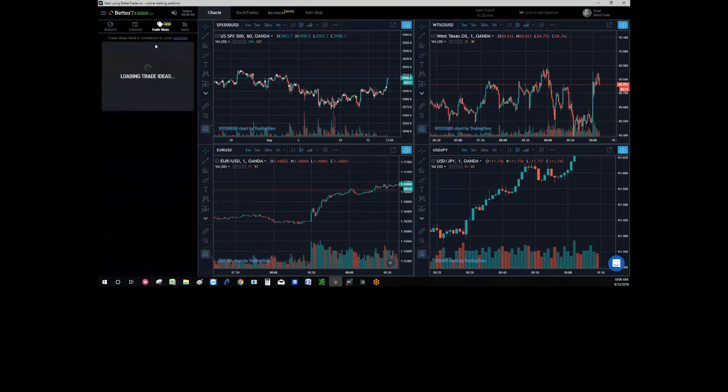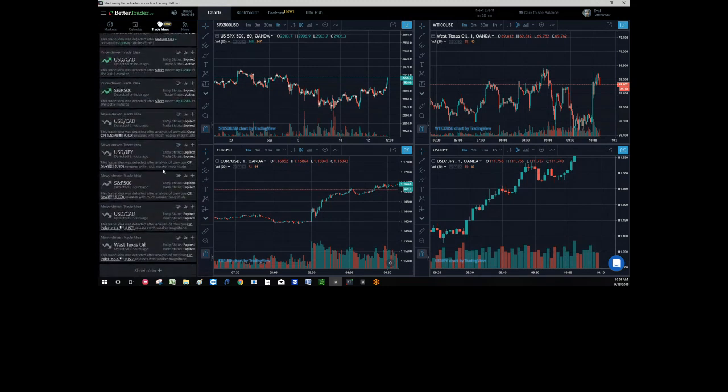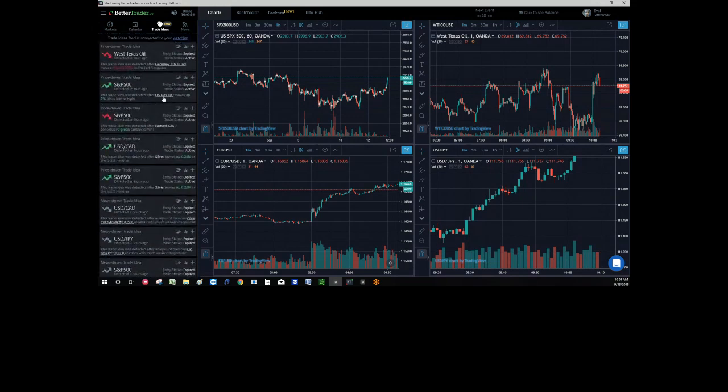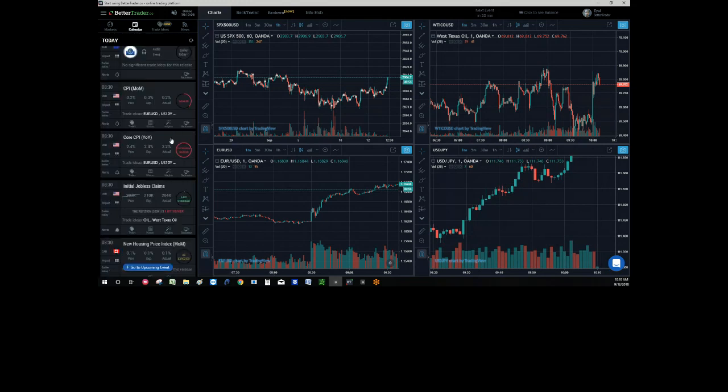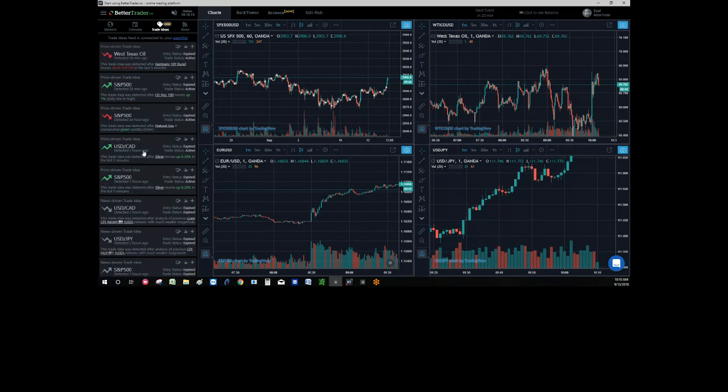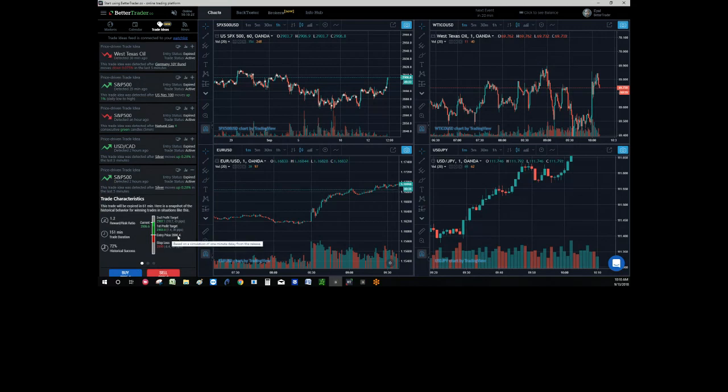Now let's go to the trade ideas tab. This trade idea appeared here in the trade ideas tab. In this tab, we have several indications. We have price-driven trade ideas and news-driven trade ideas. The trade idea that we got from the core CPI release is a news-driven trade idea. The trigger was the news. The trade idea that you can see here is a price-driven trade idea. Let's take, for example, this one, the price-driven trade idea, long S&P 500 at this price, 28.96. This trade idea already reached the second profit target.